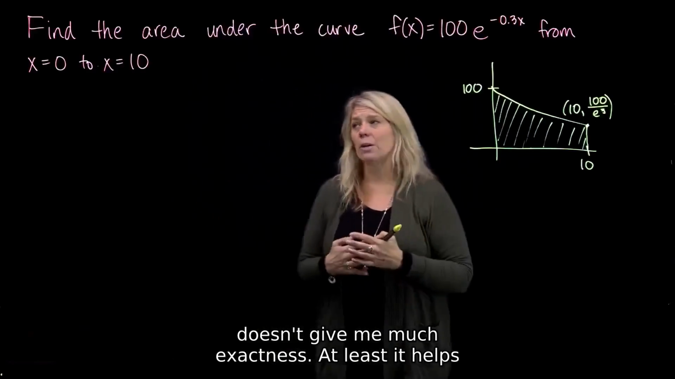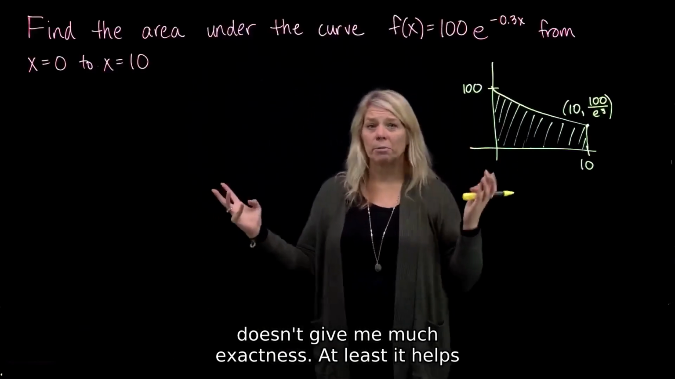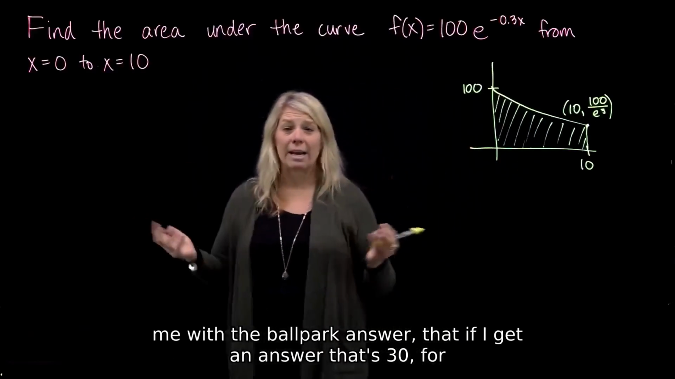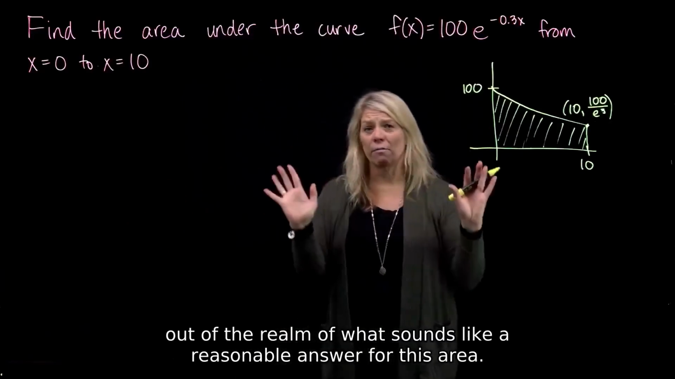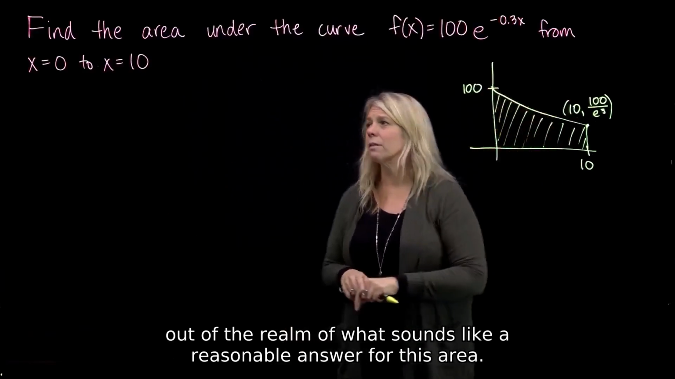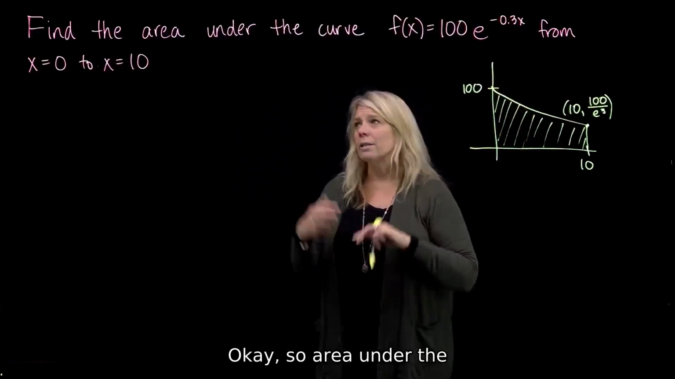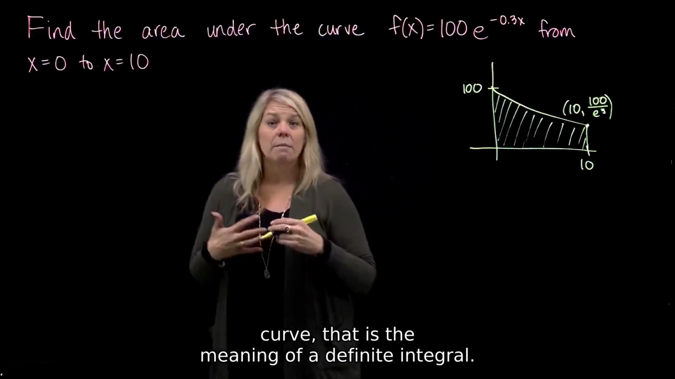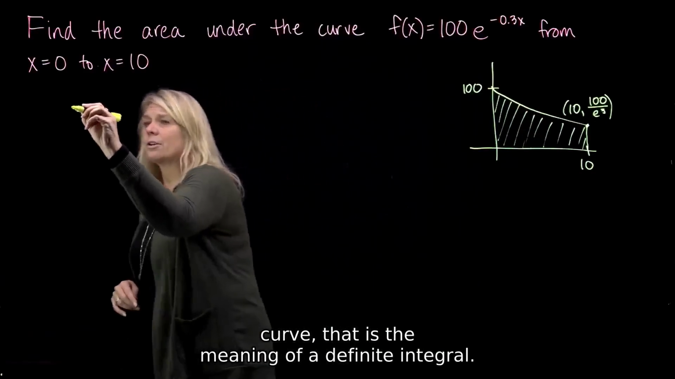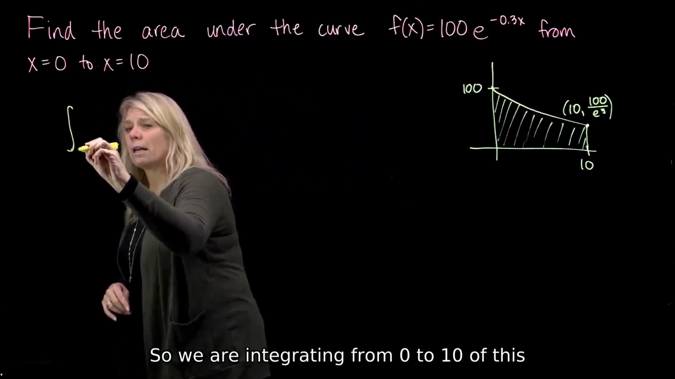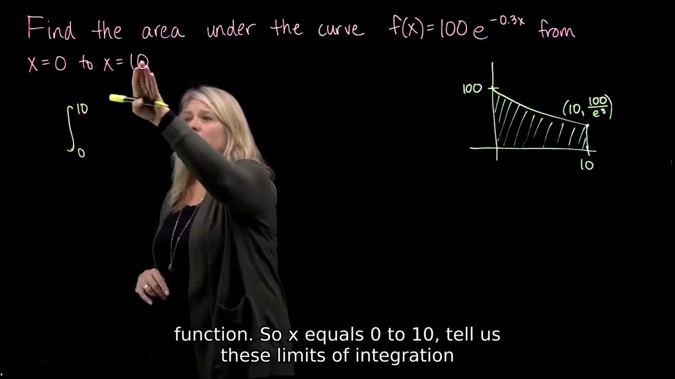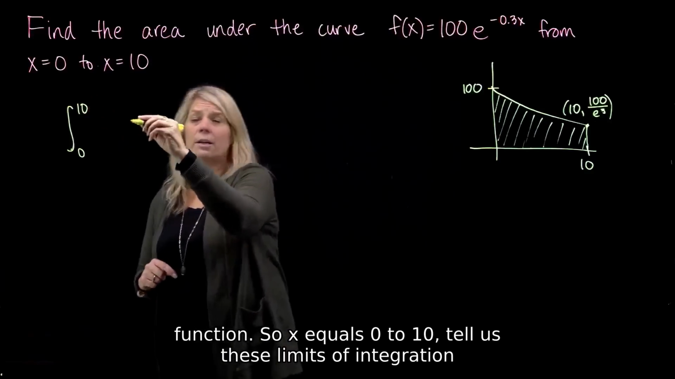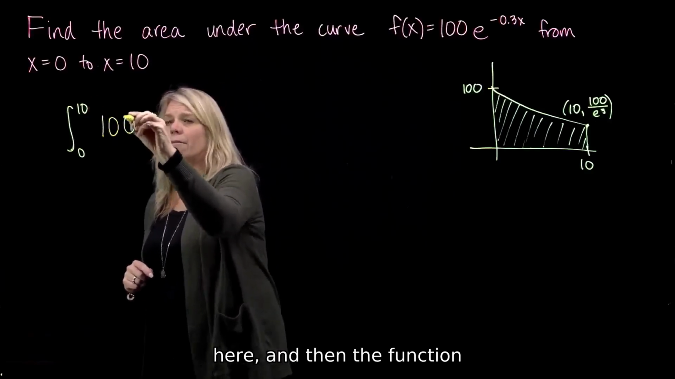Although that doesn't give me much exactness, at least it helps me with the ballpark answer, that if I get an answer that's 30, for example, I know that that's out of the realm of what sounds like a reasonable answer for this area. Okay, so area under the curve, that is the meaning of a definite integral. So we are integrating from 0 to 10 of this function. So x equals 0 to 10 tell us these limits of integration here. And then the function